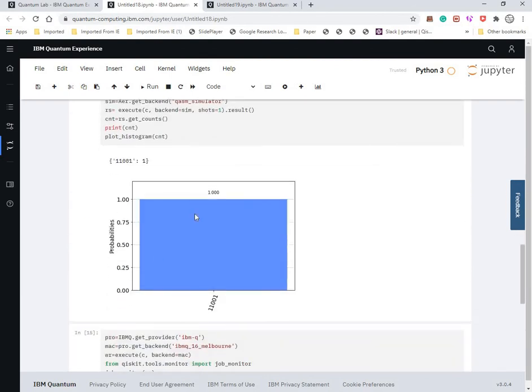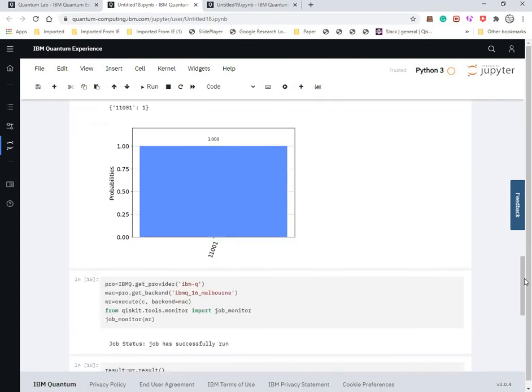And from the simulation we also see that, yes, with 100% probability and with one shot we get this number. That is amazing compared to what we would think, that we ask the box for every single bit and it gives us no result, and after a lot of tries we get the result. But with the Bernstein-Vazirani algorithm we need only one shot to get our result.